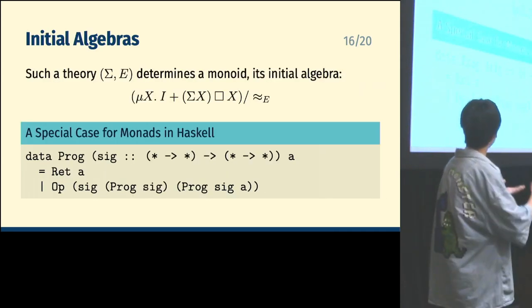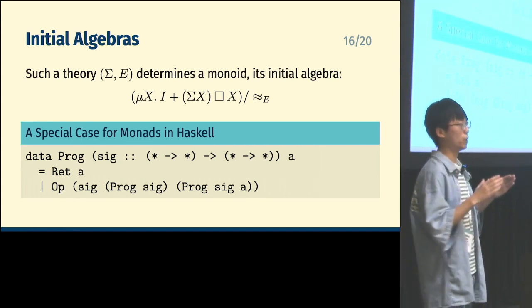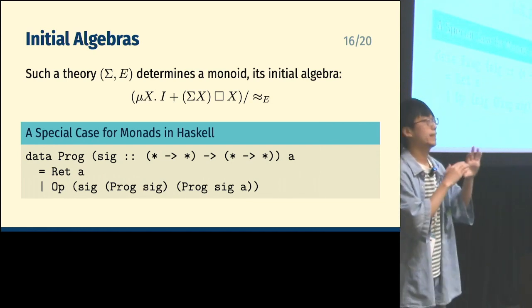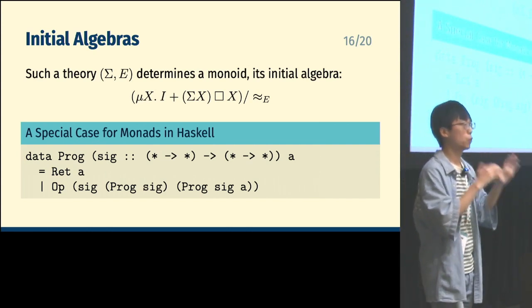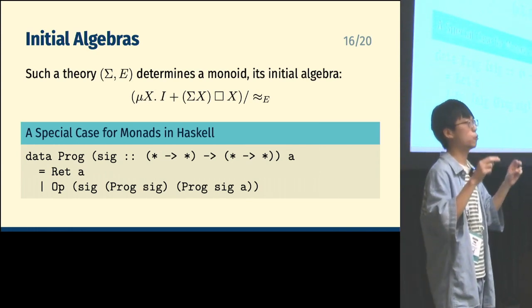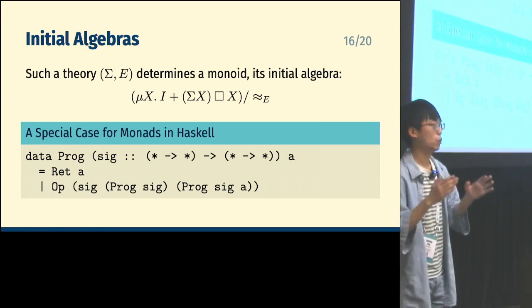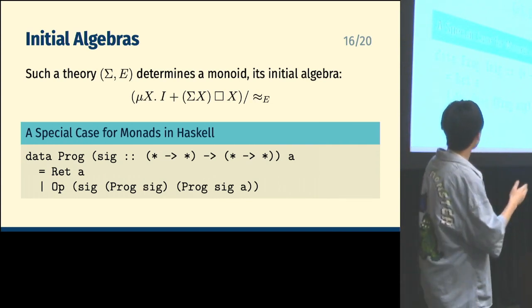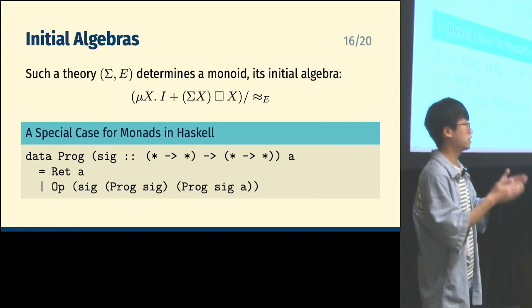And just like what we had before, every such theory has free algebras, and in particular initial algebras. And since such a theory extends the theory of monoids, this initial algebra, of course, has a structure for monoids. So we have just generalized the principle of computational effects determining monads to computational effects determining monoids, in a slightly more general way. And this initial algebra is just something like a tree structure quotiented by the equations.